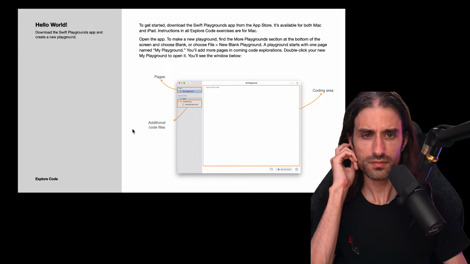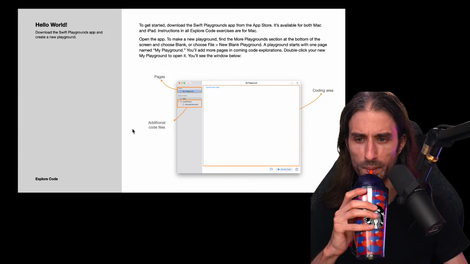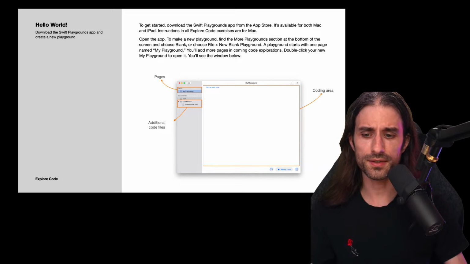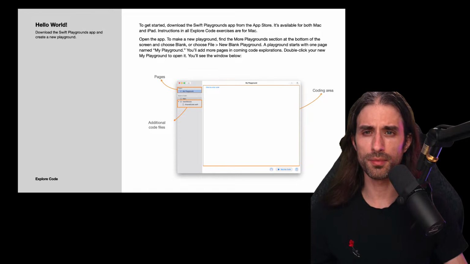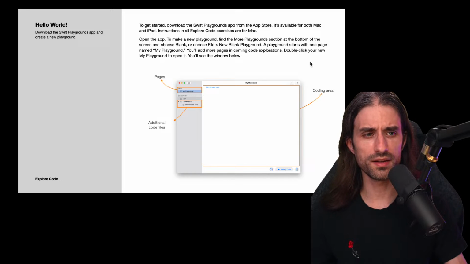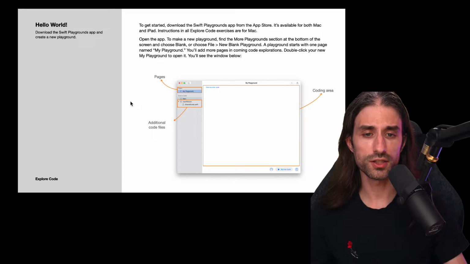So I think I'm going to skip a bit of this part because I think most people watching the videos on my channel already have some knowledge of coding and Swift and iOS, so I think it doesn't make a lot of sense for me to spend too much time on these slides. But if you're new to Swift and iOS, please do take the time to understand. It's super important to have a strong technical knowledge before you start a project of creating an app.